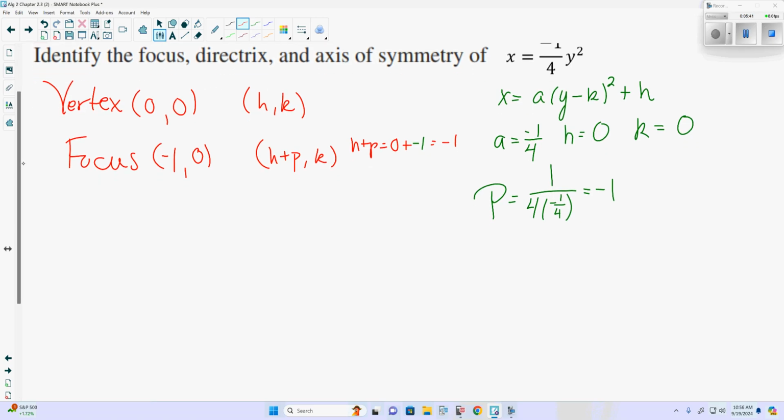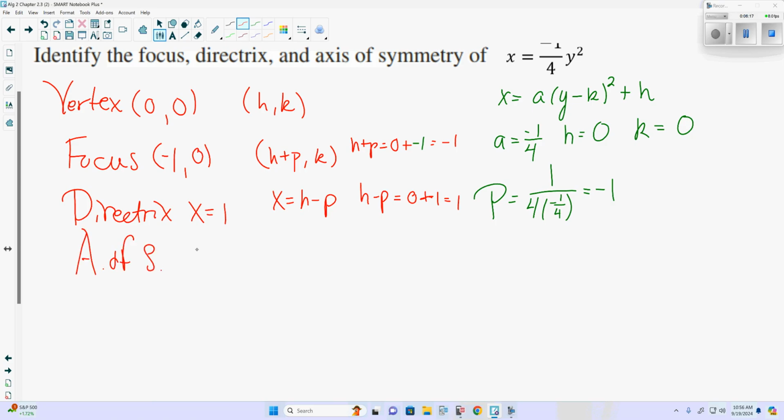Directrix or axis of symmetry, which one do you want to do next? Directrix. The general form x is equal to h minus p. Or h minus p would be 0 minus negative 1. Well, the negative makes a plus, giving us positive 1. So the directrix x is equal to positive 1, or 1. Axis of symmetry. y is equal to